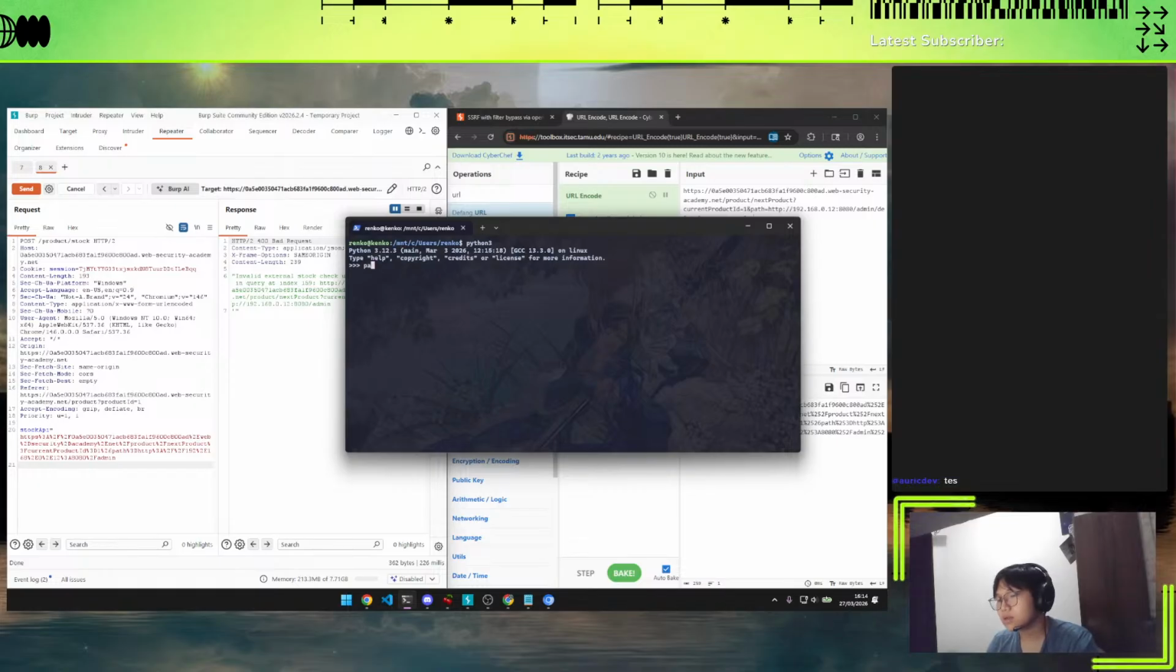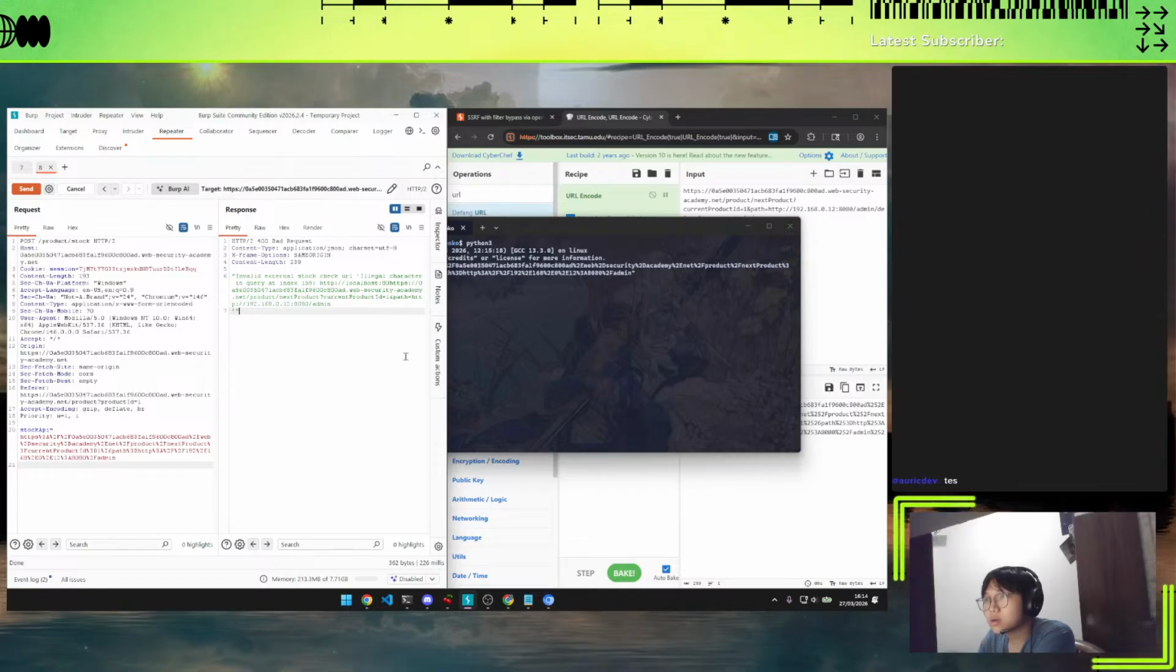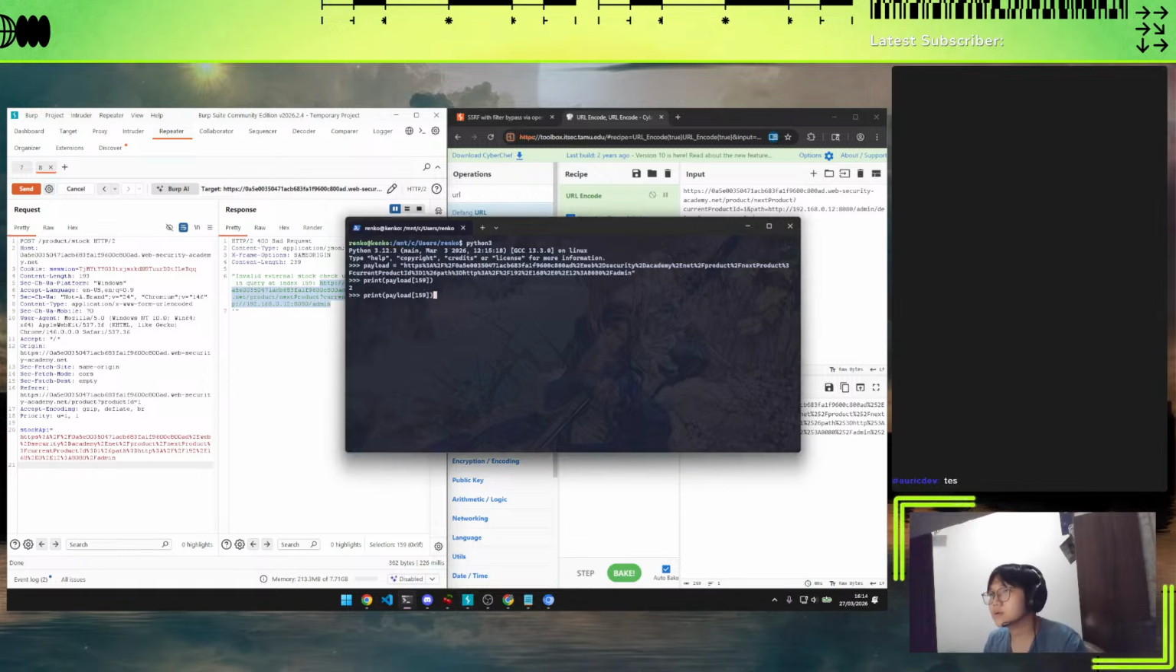What should I call it? Payload. Print the payload, but add 159 to... wait, never mind. So the payload should be this part. So let's print the payload. So it's now